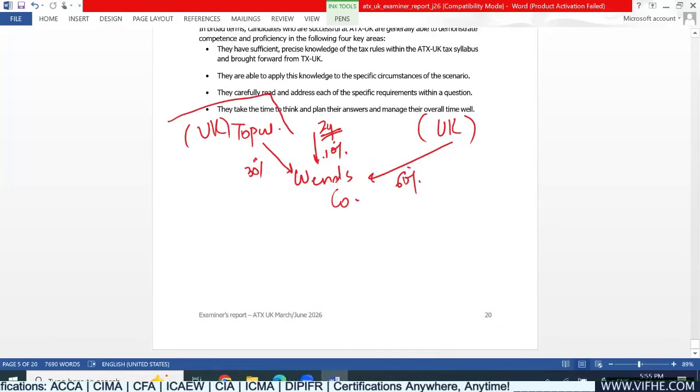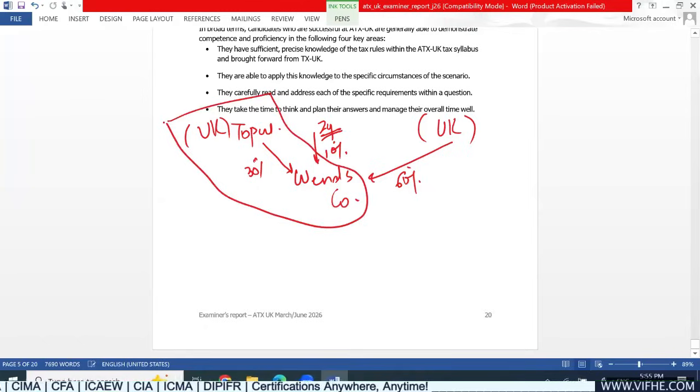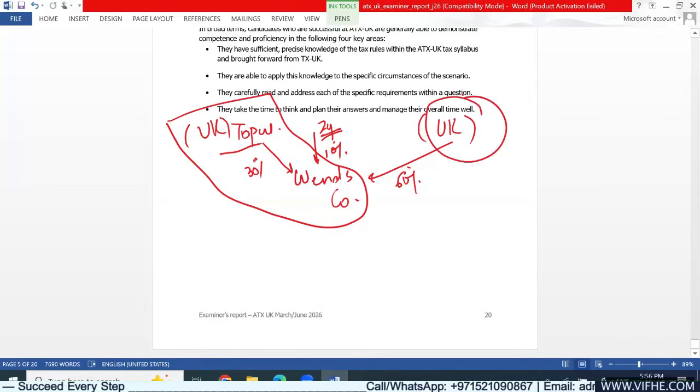By the way, you will have to discuss the relation of Topal Limited with Wensco. But considering that one of the UK resident shareholders of Wensco, who is having a 60% holding, is someone who is said to be controlling this company, and this control is not being exercised by Topal, rather it is being exerted by a UK resident individual. So these are two different things, despite the fact their residence is the same. But if I say that what Lee said, that is incorrect,